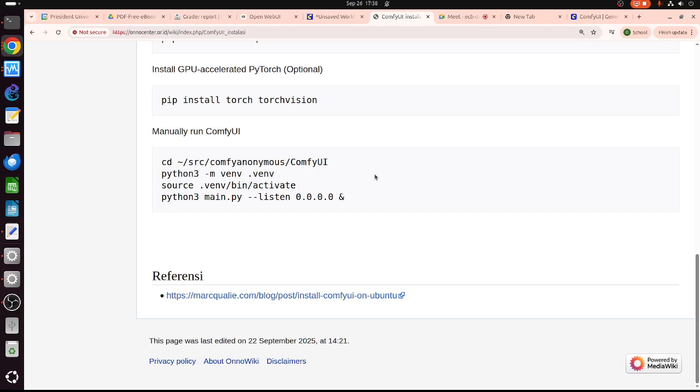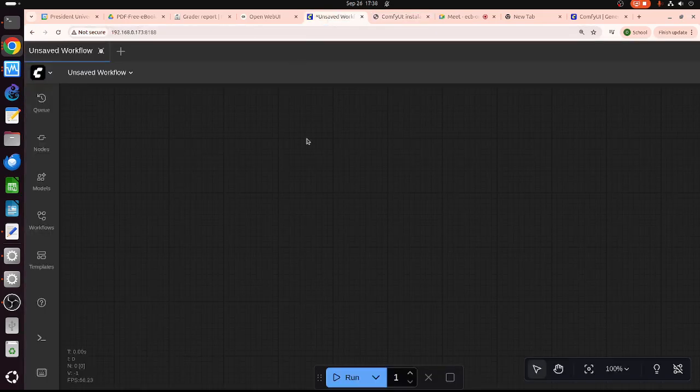The models are quite big, especially for video. Some require like 200 gigabytes, so it's a huge file. After you run this, you can access ComfyUI using a website like this. I will show ComfyUI first because it's very easy.